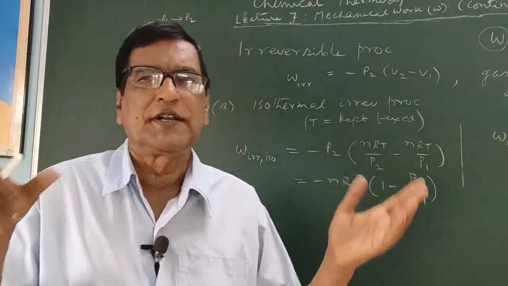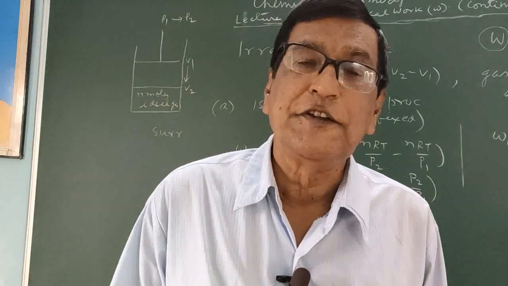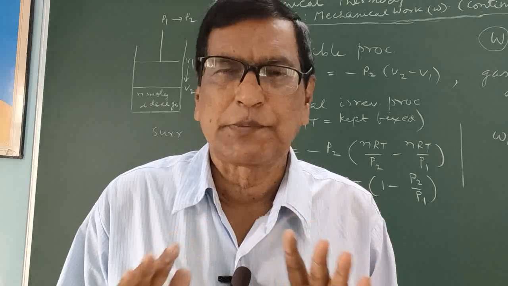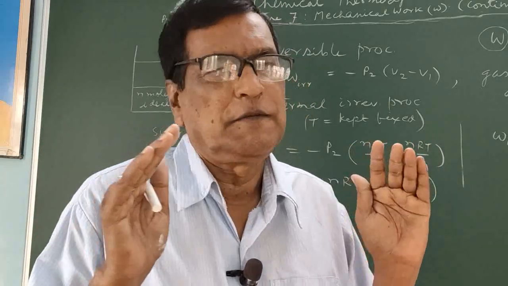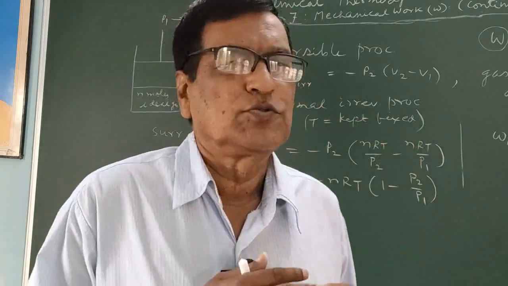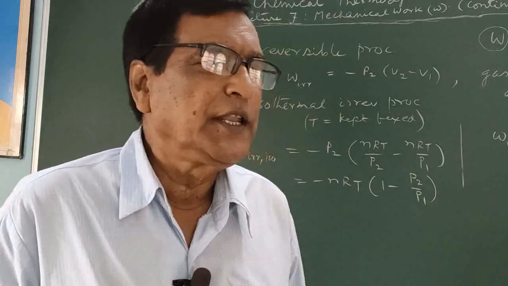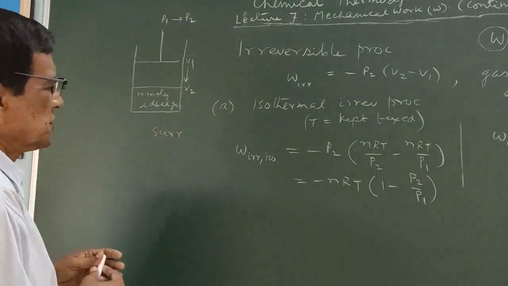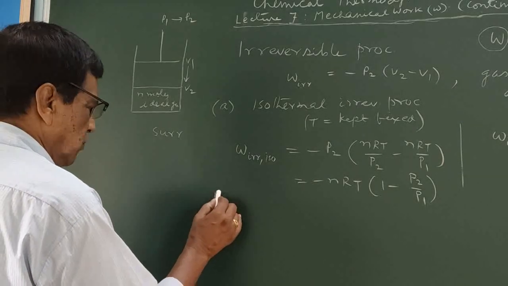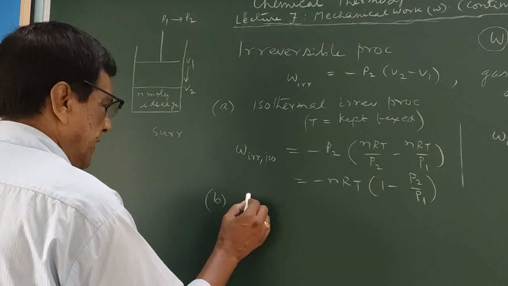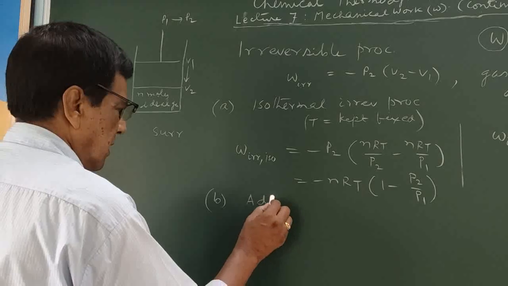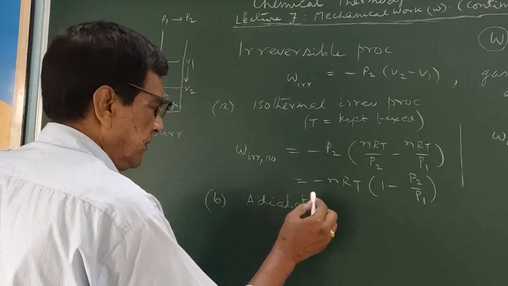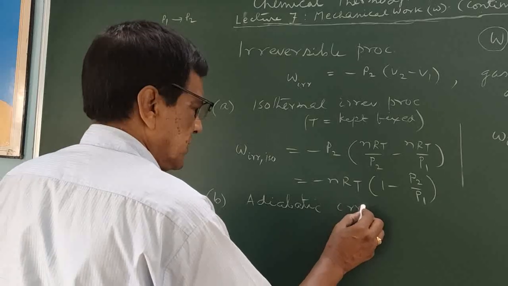Temperature and pressure are intensive properties which are usually used to express the magnitude of any property. So if we consider the second one, the adiabatic irreversible process,